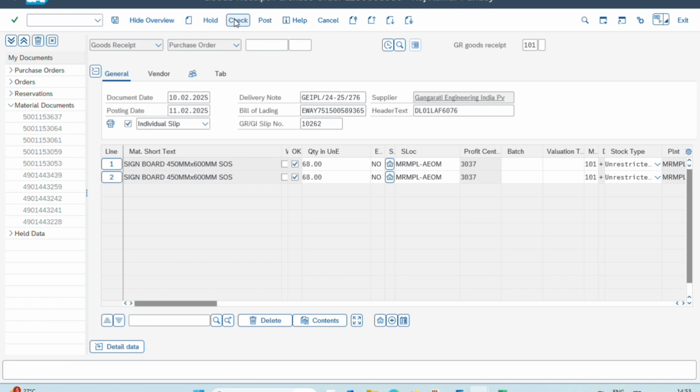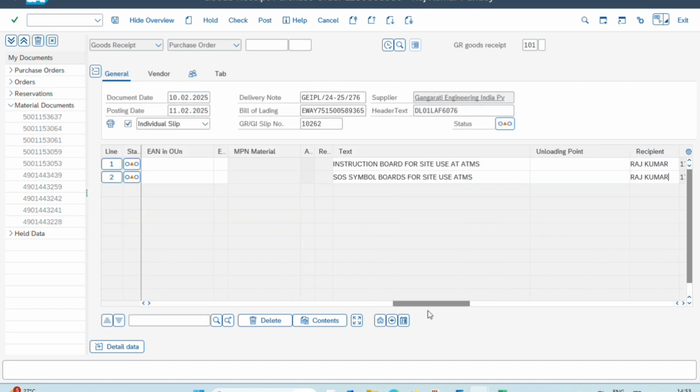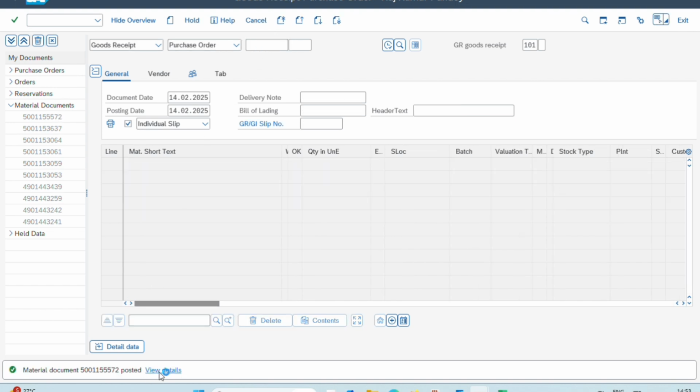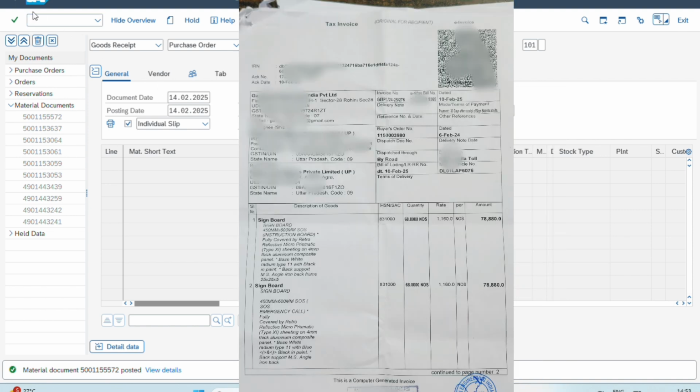Check this entry by clicking on check. You can see everything is okay. Now you can post this document. You can get a document reference number. Write this document reference number on your invoice and take a print of